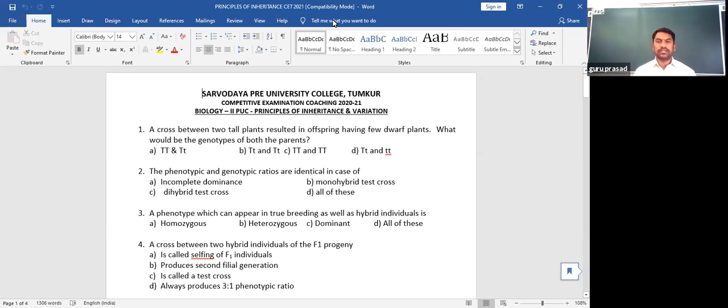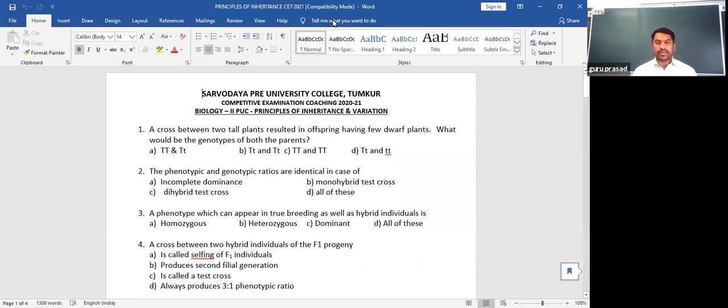Both are synonymous words. Then the gene. There are different definitions for the gene, but the standard one is that it is the unit of heredity. This is followed by alleles, the two or more alternative forms of the same gene. Then locus or loci, followed by homozygous condition, heterozygous condition, and examples of homozygous and heterozygous for a particular character.